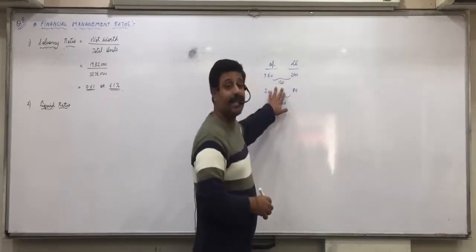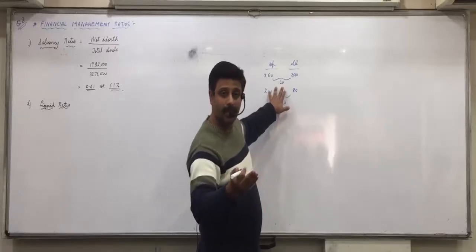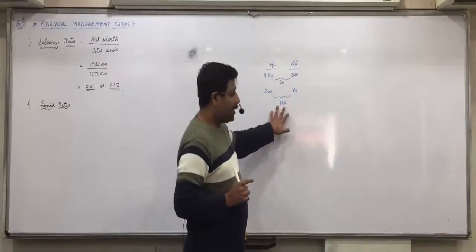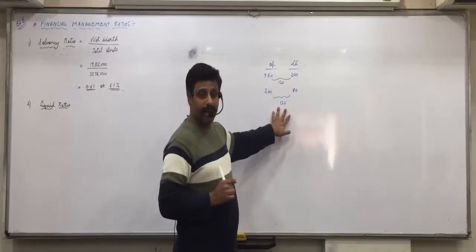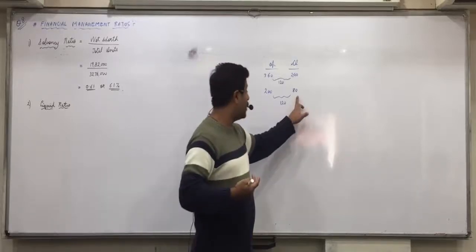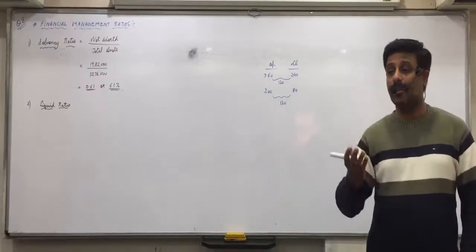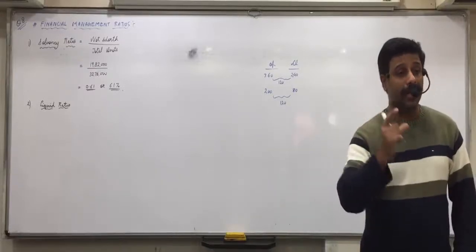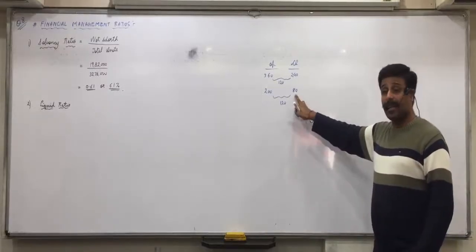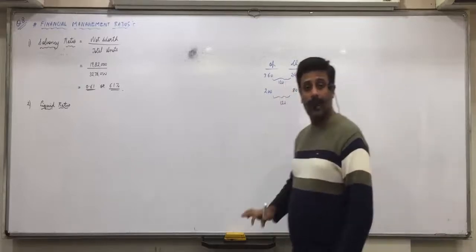We assume that last year if we repaid 120, next 12 months again we will repay 120. So that 120 is our current liability. Here again, last year we repaid 120, so next 12 months again we will repay 120. But why will you repay 120? Pending is only 80,000. So in the next year you are not going to repay 120, you are going to repay only the pending loan of 80,000. So in this situation your current liability would be 80,000. In the other situation your current liability is 120.